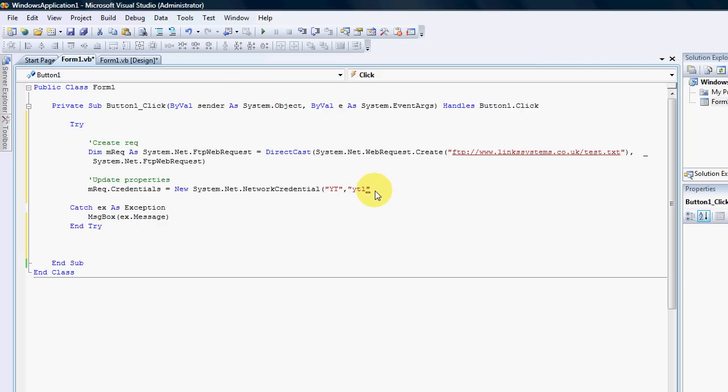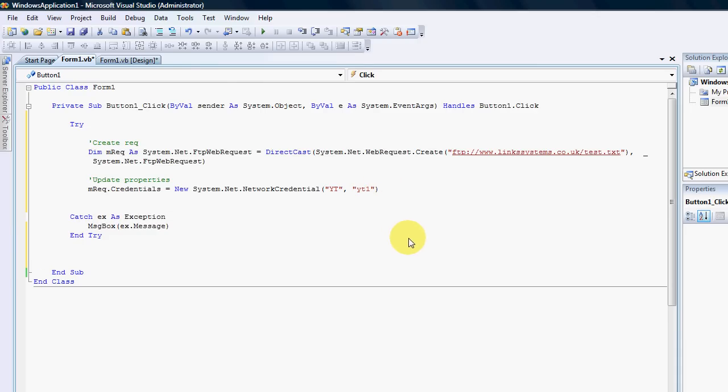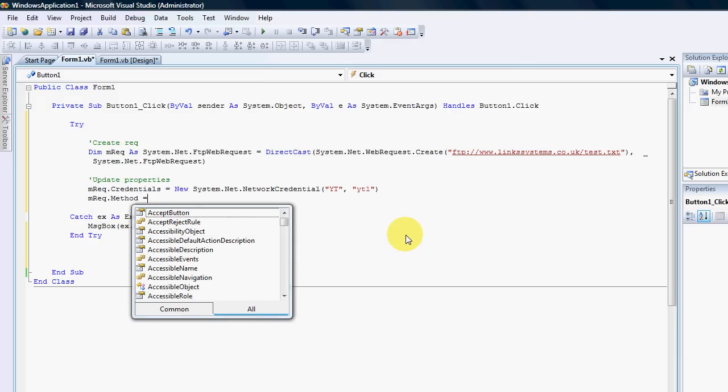There we go. That took a while, didn't it? Okay, so we've created the credentials, and now we also need to specify what kind of method we want to do. mRequest.method equals